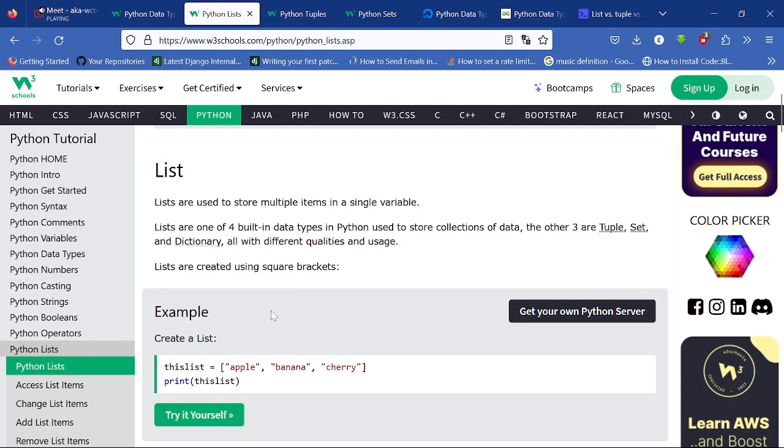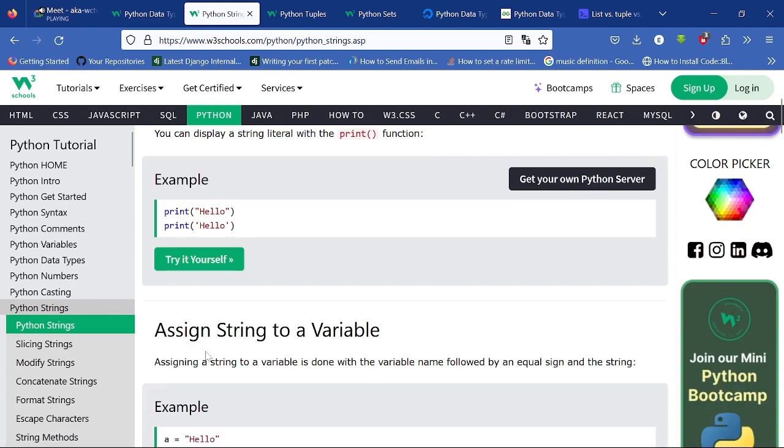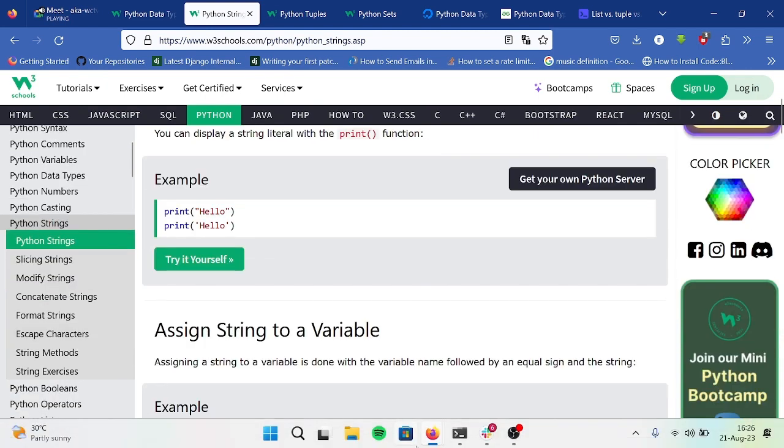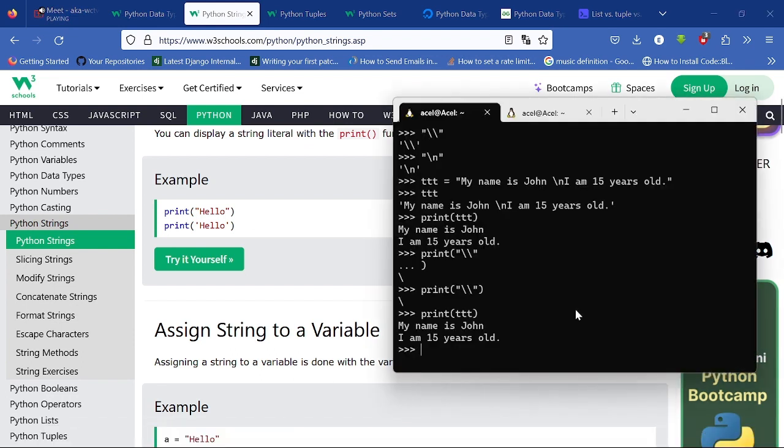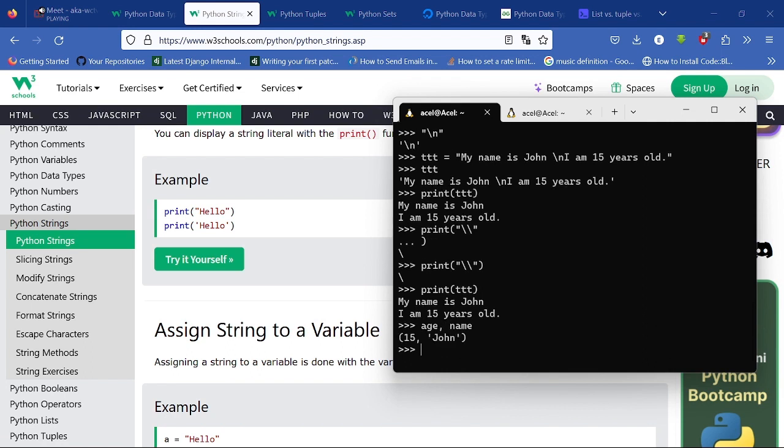Yeah, then let me, I think we missed something in strings. Let me just add that to strings. There's something called f-strings, another way of formatting strings. Let's say we still have our age and name. So 15, that's the age. Then let me get that place. Let me say I want to save k to be equal to f, my name is